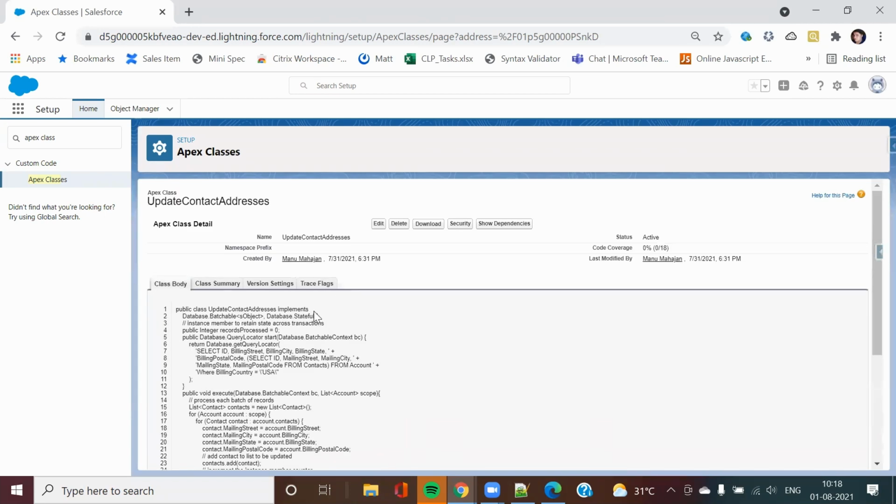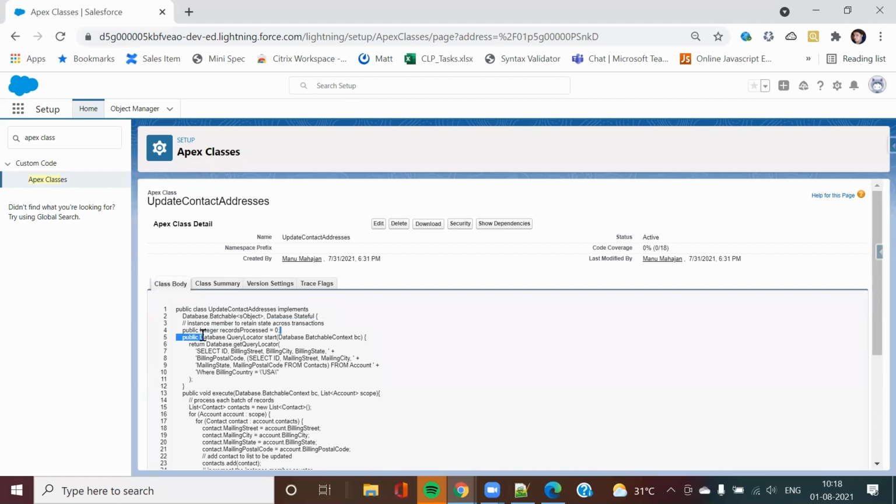Here one more thing: what does Stateful do? Assume I was updating 60,000 records, and I kept the batch size as 200. Now in case I wanted to track how many of my records are being processed, if you see this variable, and I would not have used Stateful, what will happen is once my 200 records get executed, this will again be set to 0.